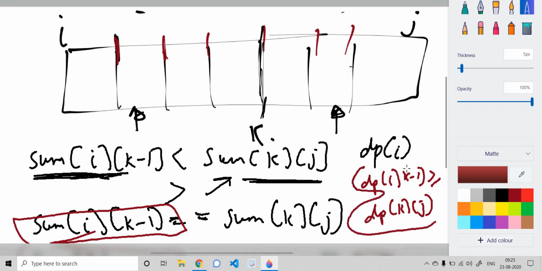So if this is satisfied, in this case she would be choosing this block. And if it is the other way around, that is dp[i][k-1] is less than dp[k][j], then Alice would be choosing the second block.